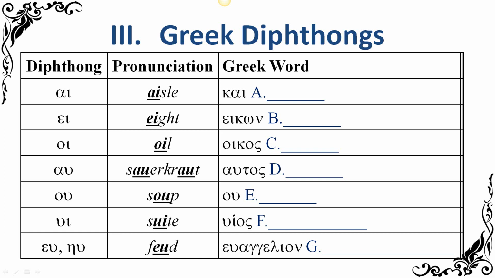So the Greek diphthongs. A diphthong is a sound that's formed from 2 or more letters. And in Koine Greek, this is what happens with a lot of vowels. You put 2 vowels together, and a lot of times it changes how it's pronounced, and it'll blend into one vowel. So alpha iota, it's not a-e, it's I, as in isle. So the Greek word, and this is a proper Greek word, not an English word written in Greek letters, this Greek word would be kai. Not kai, it'd be kai.